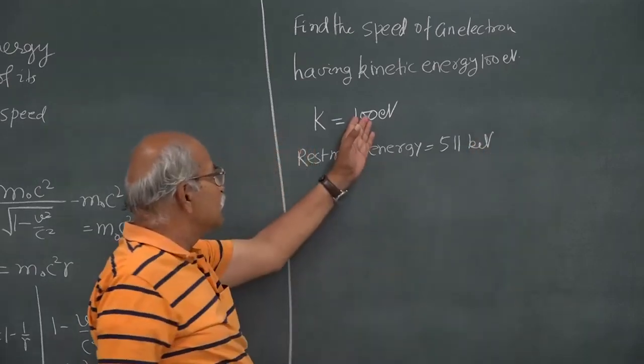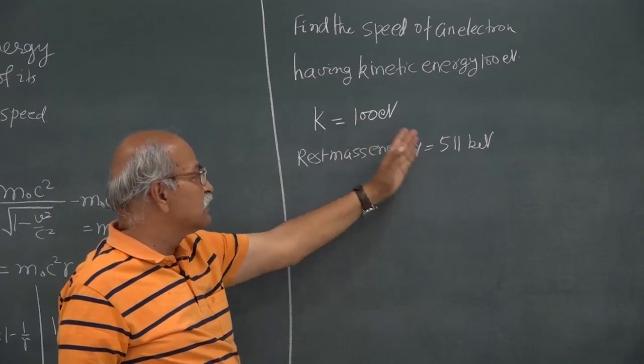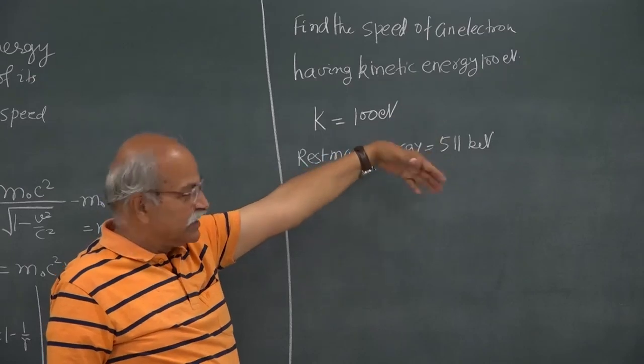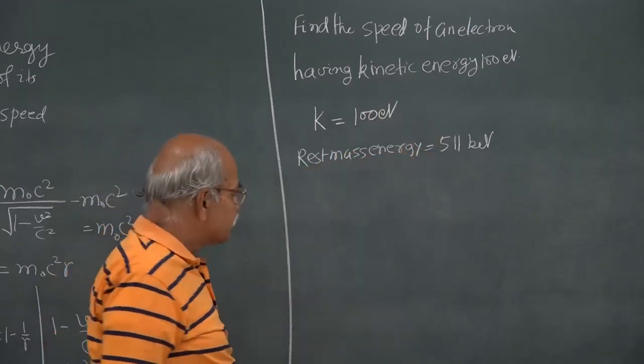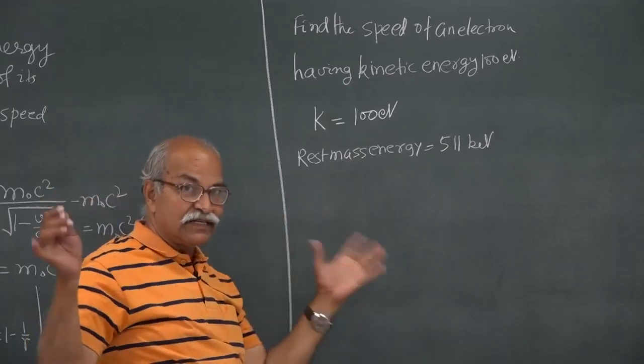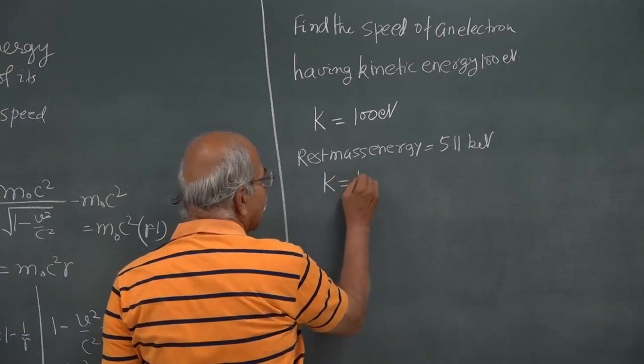So, this 100 eV is much smaller than this, 0.1 keV and this is 500 keV. So, 1 part in 5000 or so, and therefore, one can use non-relativistic equations unless you are doing some very sophisticated experiment. So, I can use this, K is half mv square